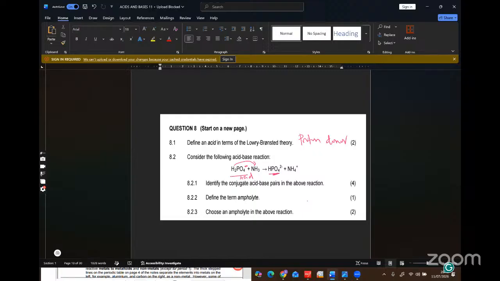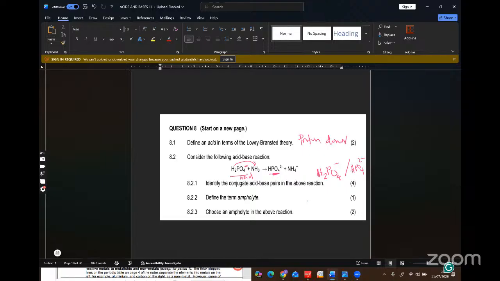What remains of it after it has lost its hydrogen is that. So here you are going to have your acid as H2PO4 minus acid, and its conjugate base is